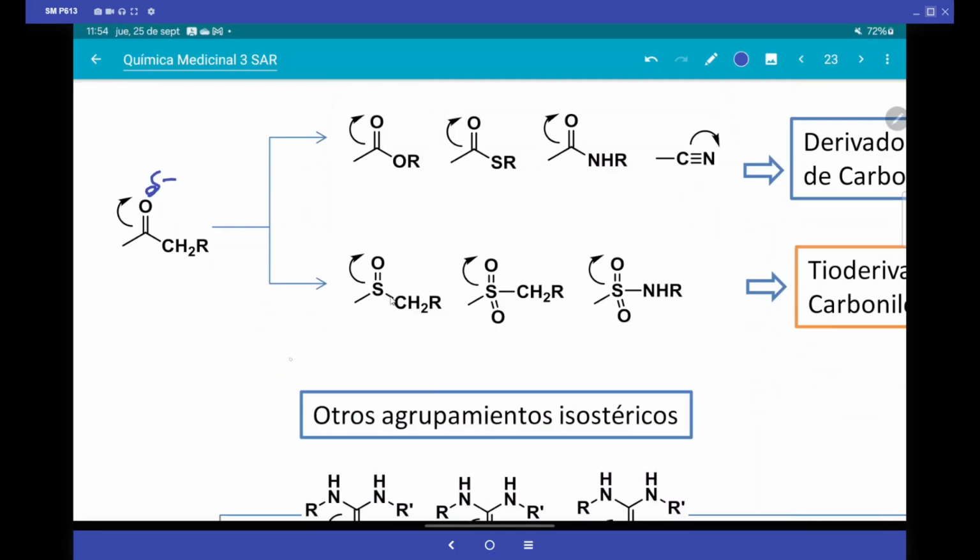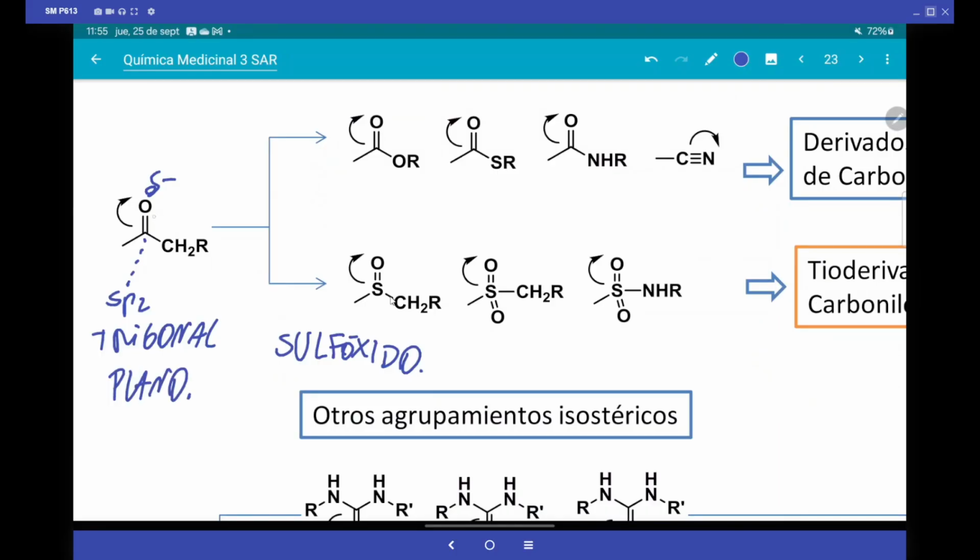That is already a sulfide, and be careful, because the carbonyl and sulfide are polarity isosteric. But again, they are not isosteric in, for example, hybridization. The carbonyl is sp2, trigonal planar. The angle is, how much is the angle? Be careful, 120. 120. The sulfide does not have 120 because